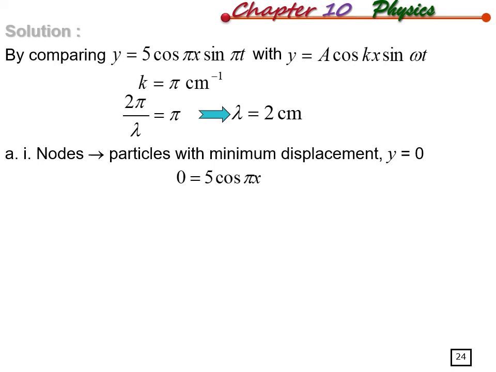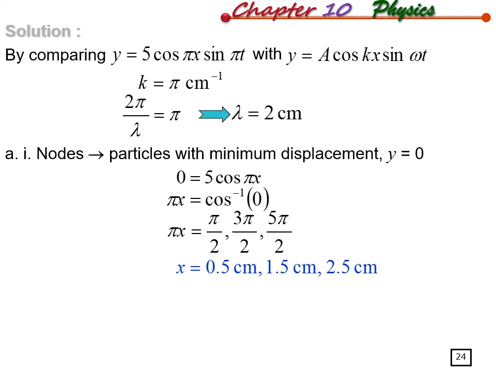Over here we are just going to determine the location of x, so we take the first part only: 5 cos(πx), which will end up with 0. Therefore πx will be equivalent to the inverse cos of 0, which will end up with π/2, 3π/2, 5π/2. By comparing, in terms of x it will be 0.5, 1.5 and 2.5